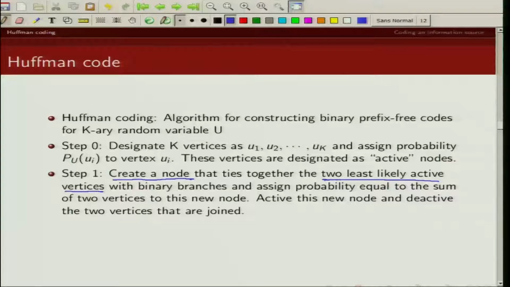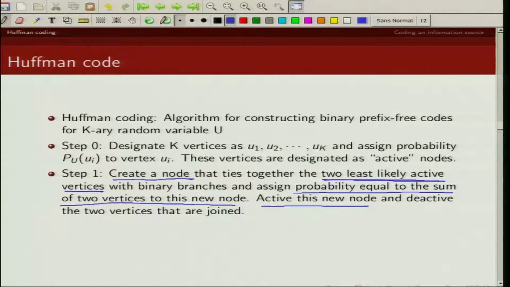So we consider the two least likely active vertices, combine and join them, and create a new node, and the probability of that node is equal to the sum of the probabilities of the two nodes that just got joined.